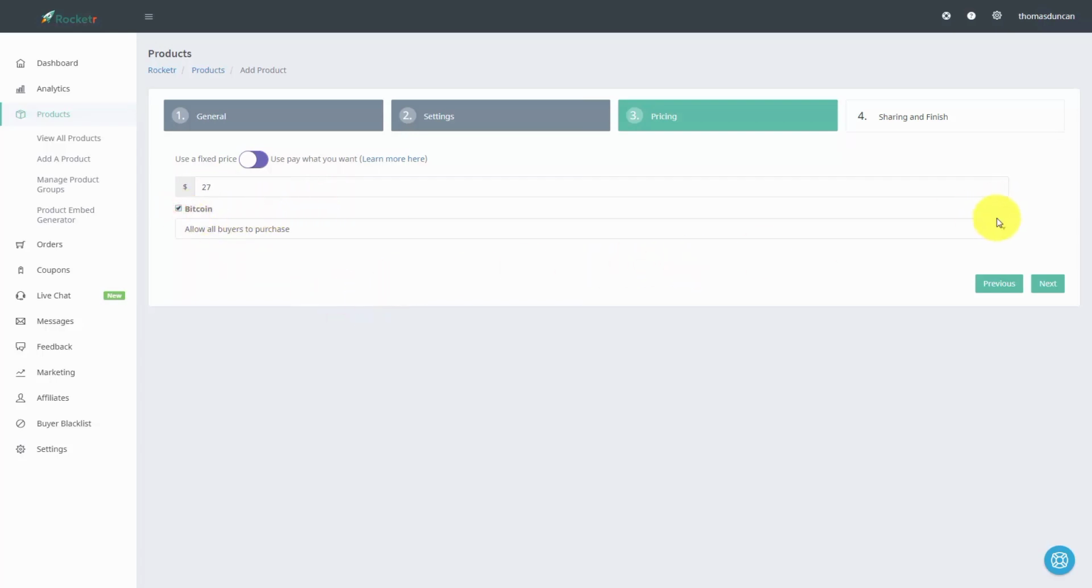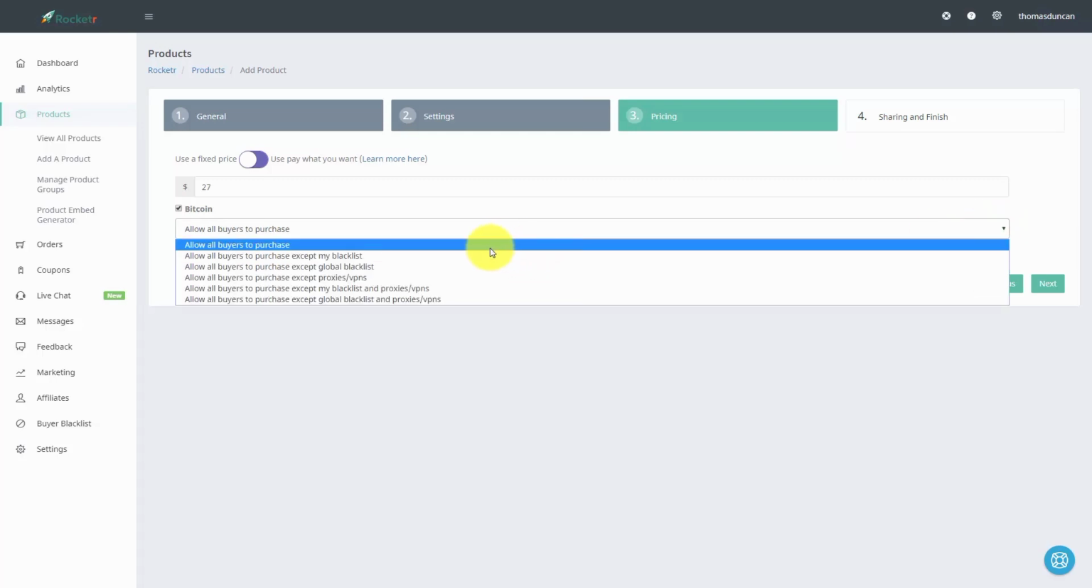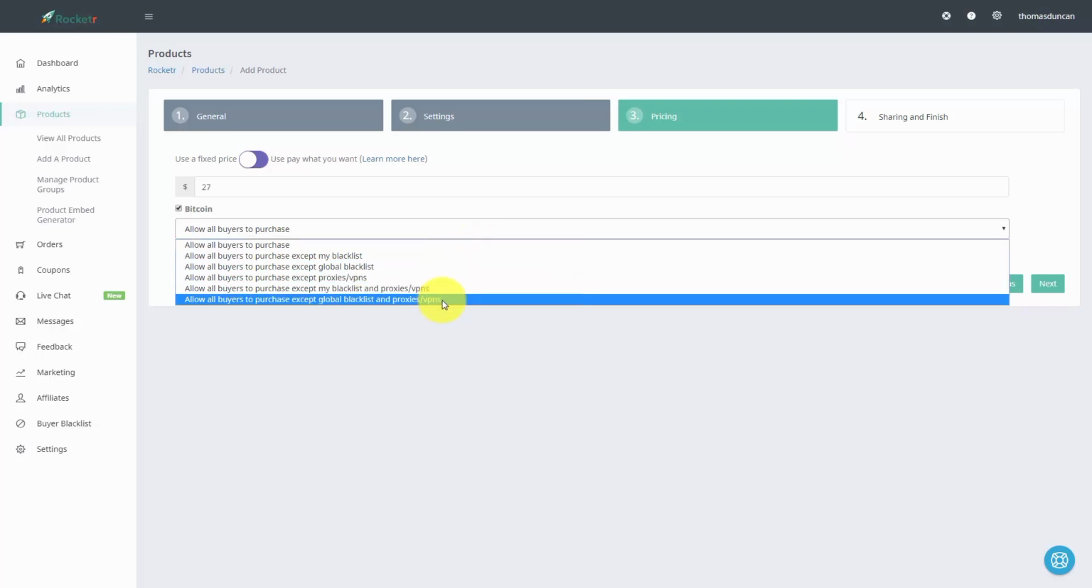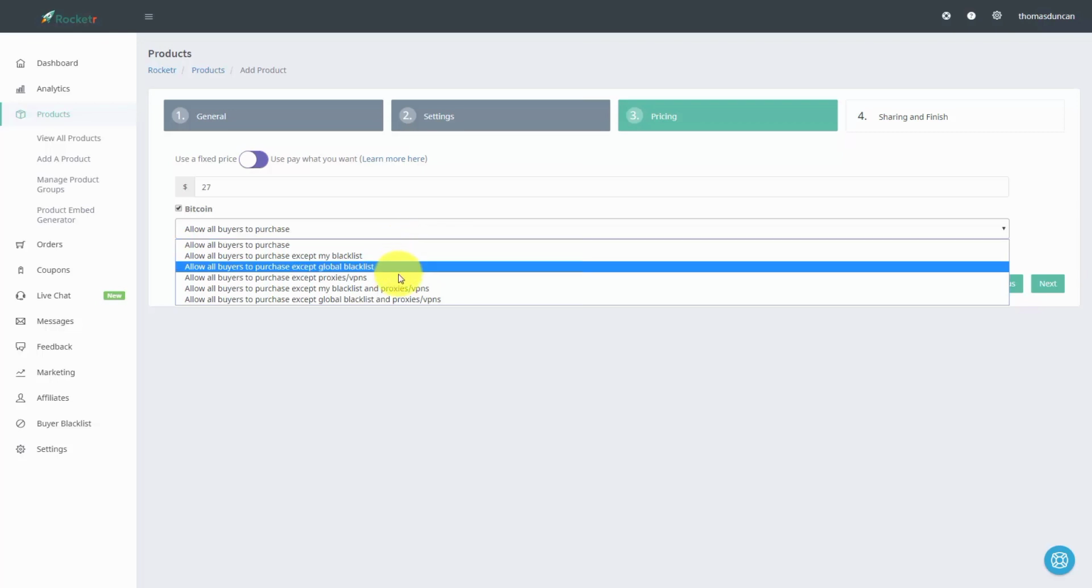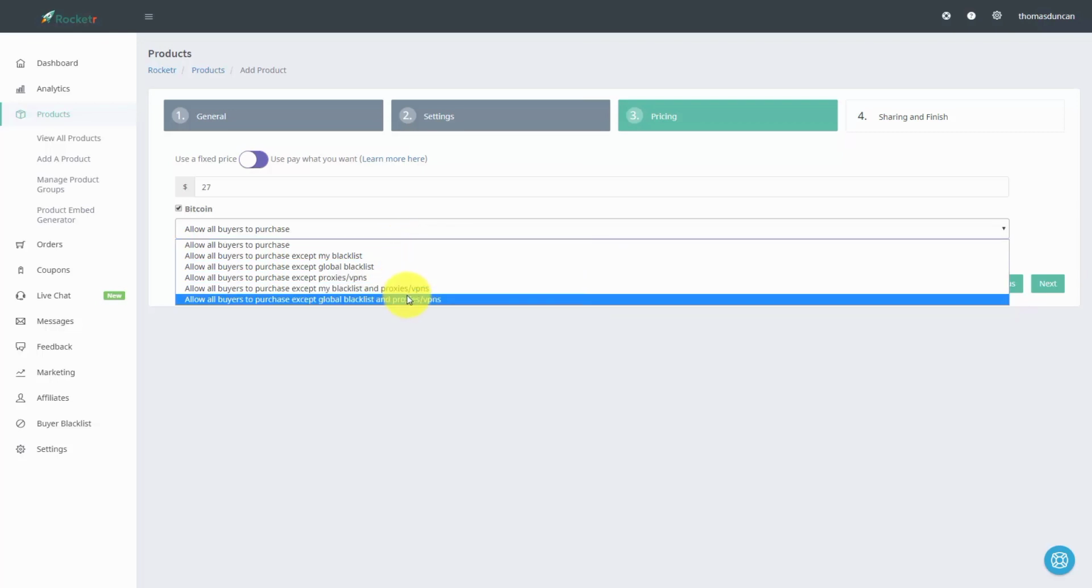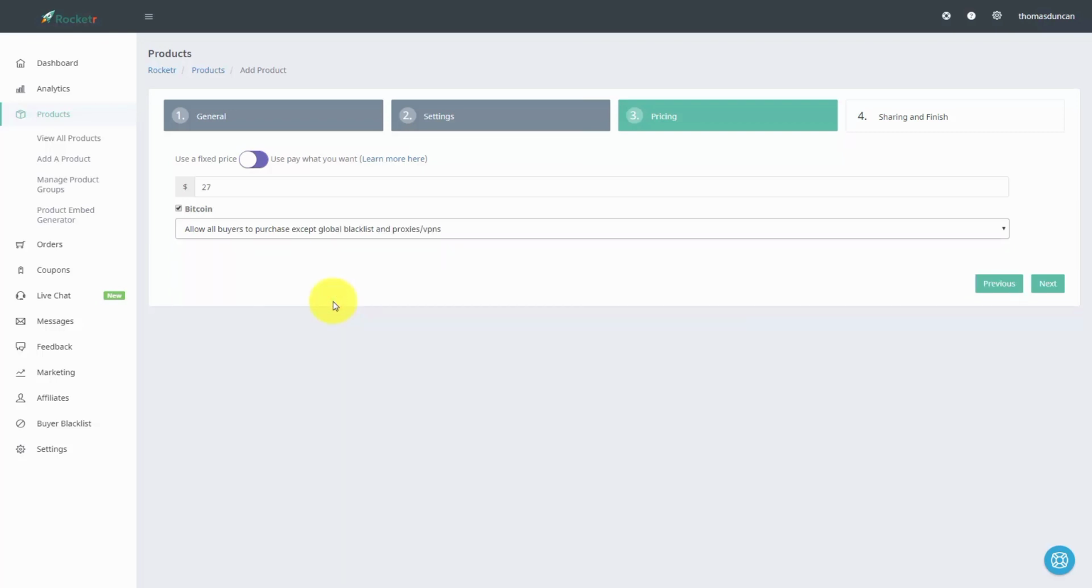And then we can use a couple of features here, and Rocketer will allow us to have everyone be able to purchase with the exception of certain limitations. So we can limit people by our global blacklist, and anyone buying from a proxy, which typically indicates some kind of lack of trust, or we can allow all buyers to purchase. The most conservative way to allow people to purchase would be to not accept purchases from people on a global blacklist and proxies. So in this particular case, we're going to use the most conservative method,